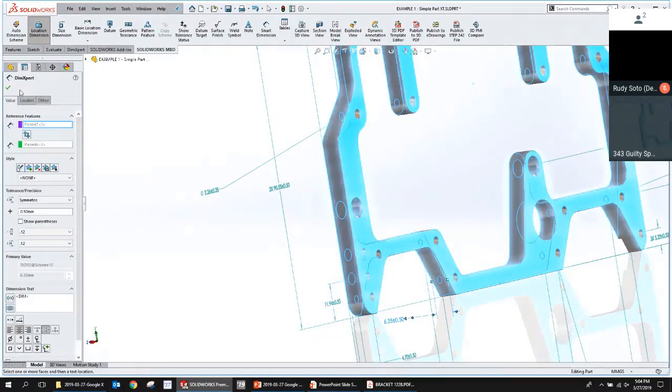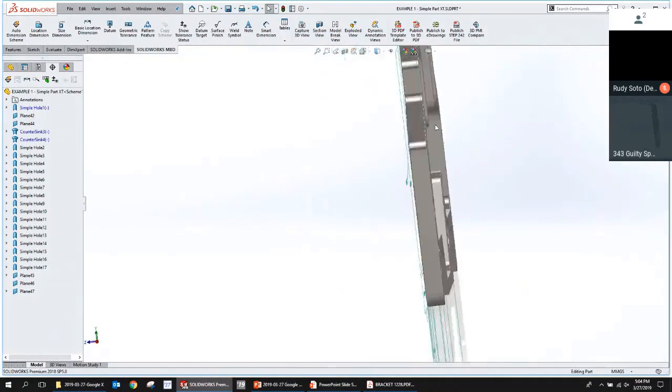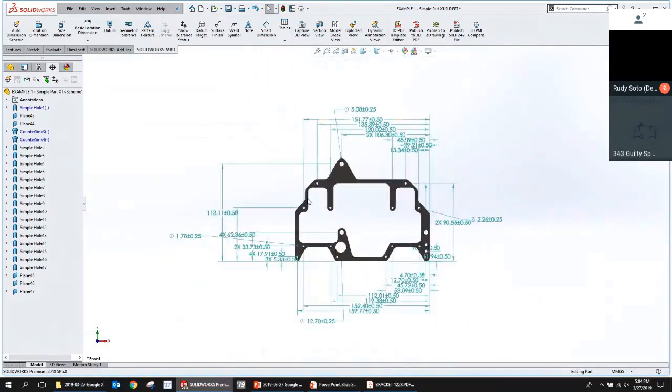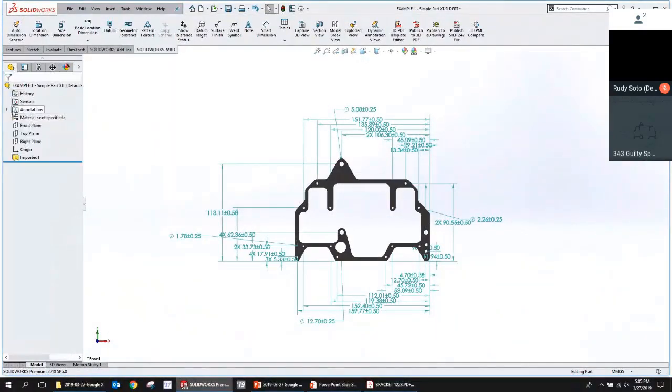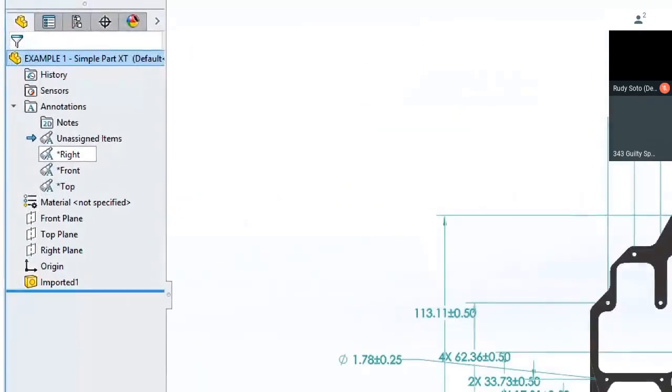Okay. So the first step is you create all the dimensions that you want in the model. The second step is you organize those dimensions into what are called annotation views. So annotation views appear here in the SolidWorks DimExpert tree, and annotation views also appear in the standard SolidWorks tree. Annotation views have actually been around for quite a long time. I remember in probably 2006 or 2007, I gave a webinar to a company on how to use annotation views. They wanted to take advantage of this idea of annotation views.